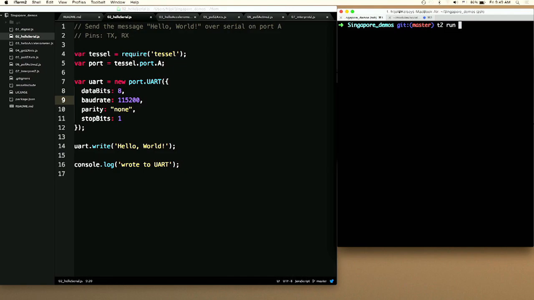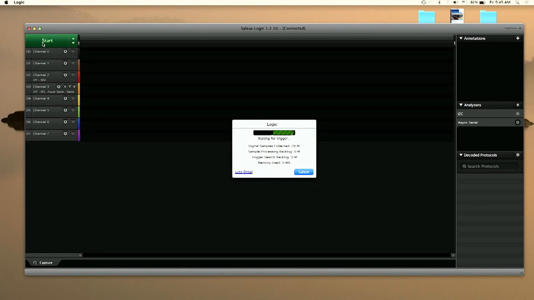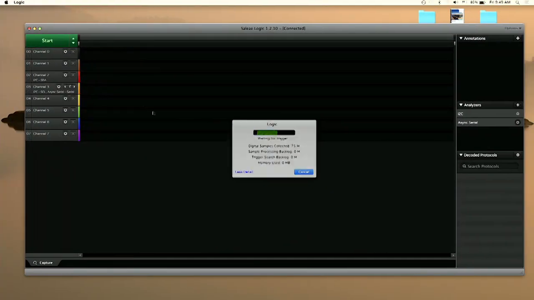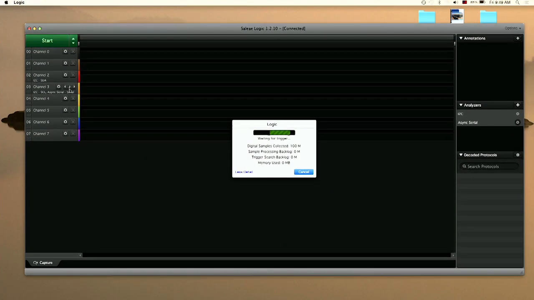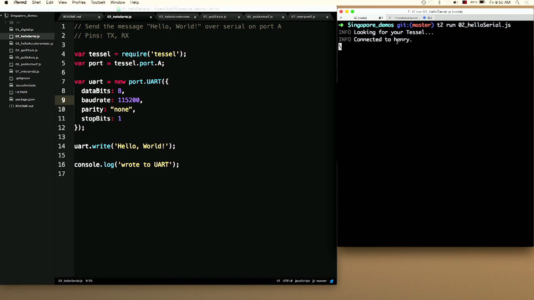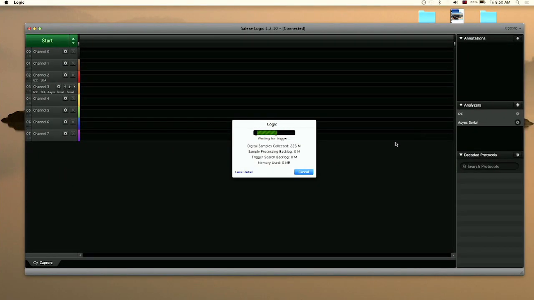So what I'm going to do is run this code, and at the same time, I'm going to capture it. This is going to wait for something to happen over on the Tessel. I've set it so that when channel 3, which is this orange wire, goes high, it'll start collecting samples. So it's found my Tessel, and it's writing, and it's running, and